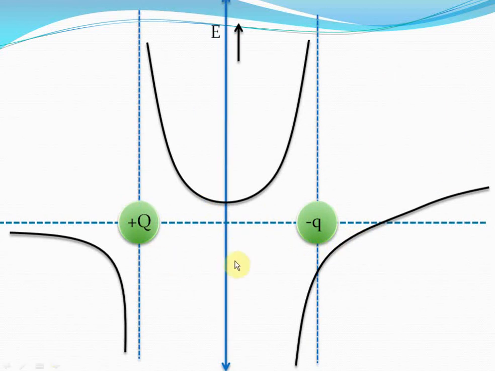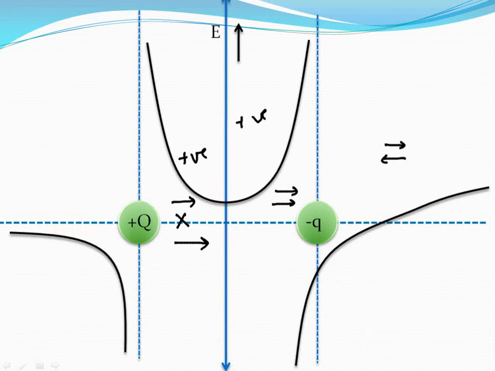This graph is pretty easy to predict. You see, at this particular point on the axis, the electric field because of the charge plus q will be in this direction, the electric field because of the charge minus q will again be in this direction, so the net electric field will be positive. Even here, the electric field will be like this, isn't it? So the electric field between the charges will be positive. The electric field outside the charges will be opposite in direction because of both the charges. So it could be positive and it could be negative, as you can see here, isn't it?